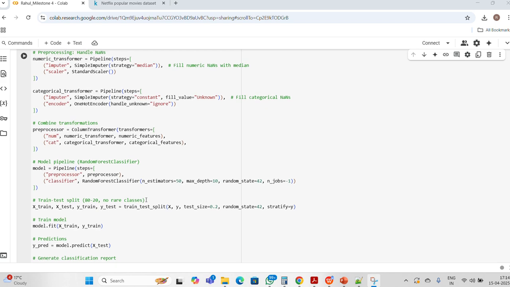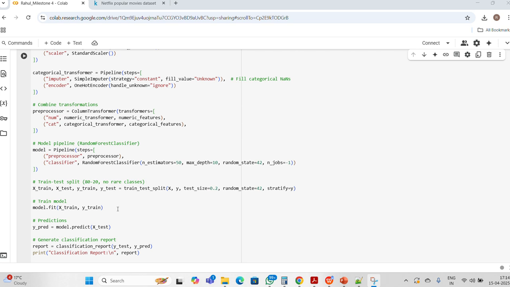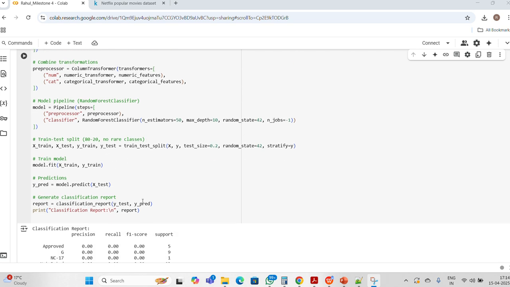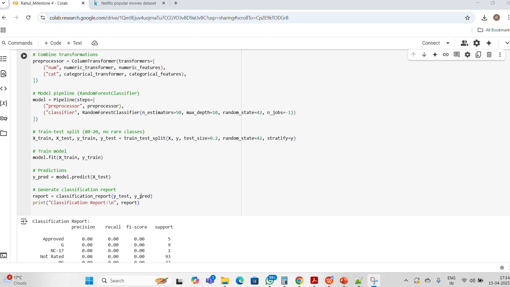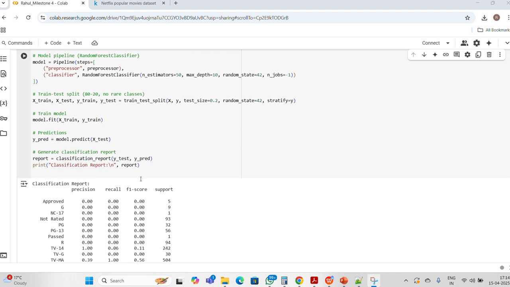For example, let me go to this evaluation. As you know, we train and split this 80 to 20, as you know the prediction, and this is just the general classification report. And through this evaluation we evaluate, saving this model for later. And when coming to this, it is just a random forest classifier.